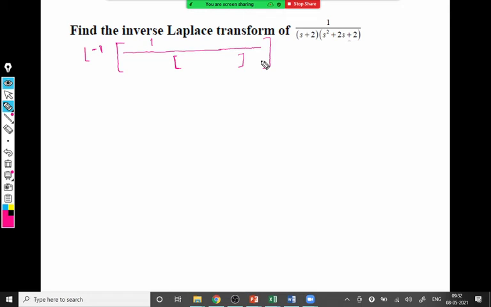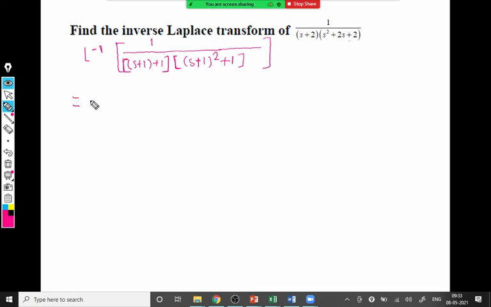This is a rational function as the denominator has factors, but this factor is not in proper form. Sir, s plus 1 to the whole square plus 1. Correct, complete the square. That's what I'm expecting actually. So s plus 1 bracket square plus 1. So that factor can be written as s plus 1 bracket square, which is s square plus 2s plus 1 plus 1. So this s plus 2 also we have to arrange in that form, that is s plus 1 plus 1.